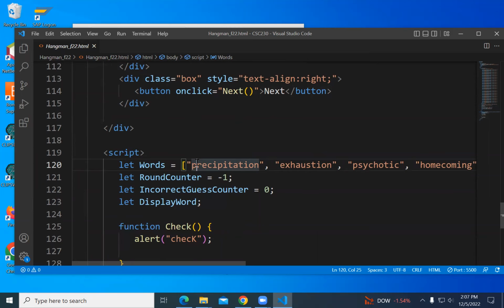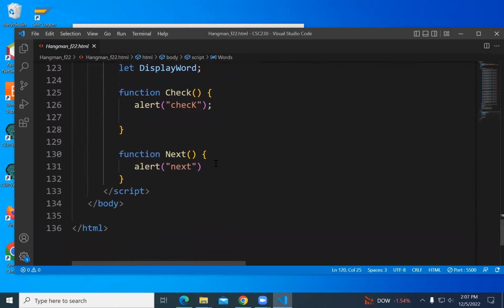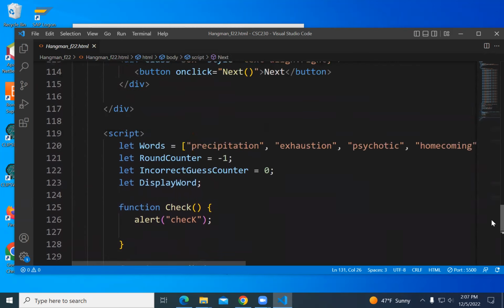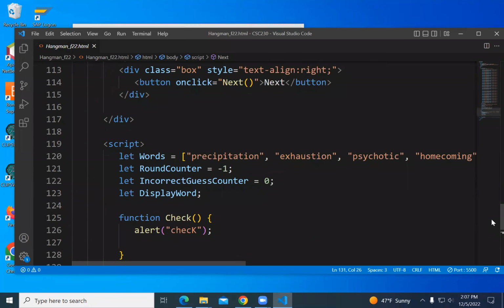So as part of next, I'm going to take the next word. So I started the round counter, which is like the word index, if you will. I'm going to increment that round counter and then take that word that's at that position.